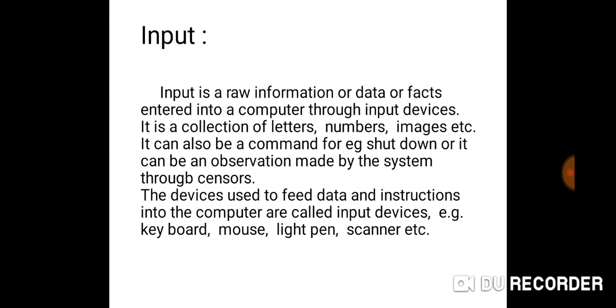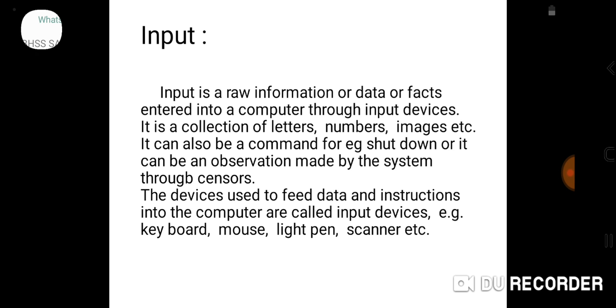Now the question is, we have mentioned here raw information, we have mentioned data. What is raw information? Dear students, let us take an example. If I write Murtaza 12 boy aged, these are facts I am writing. This is data I am writing, as it does not give us any sense. And if I write this in an organized fashion, I will write Murtaza is a boy who is aged 12 years, or I can write Murtaza aged 12 years is a boy. It gives us a sense. Same is the case here. We give raw information to the computer,